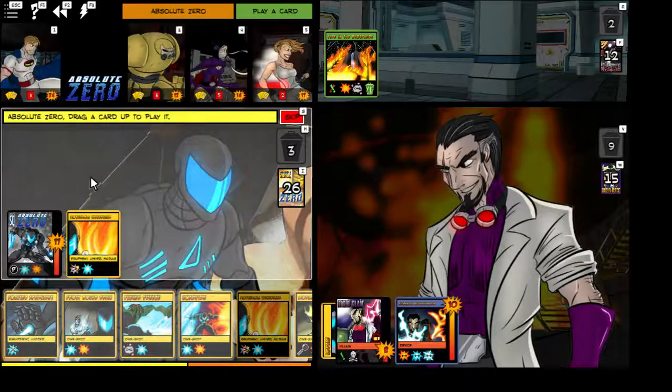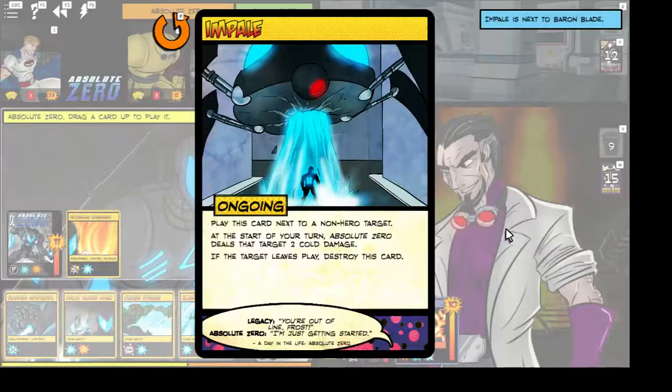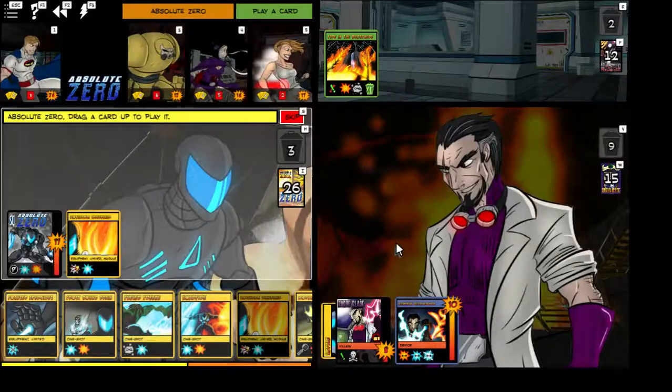Ooh, and see, what happened there was that Impale, which automatically deals damage to Baron Blade, that's cold damage, so it got redirected to poor Bunker. Well, that's not very good. So now I have to make a decision. Do I want to attack the Elemental Redistributor, or do I want to